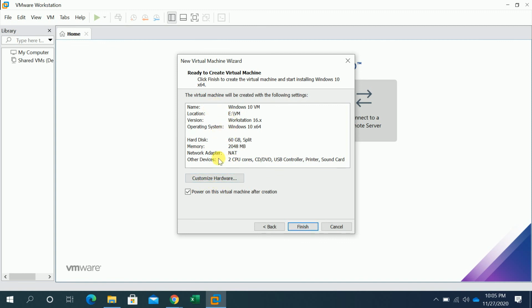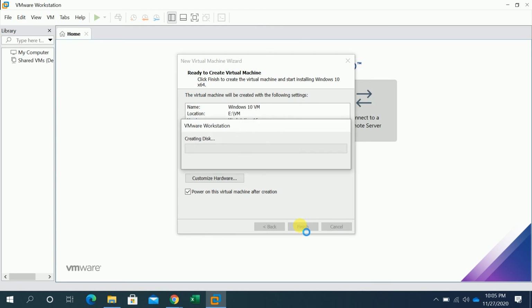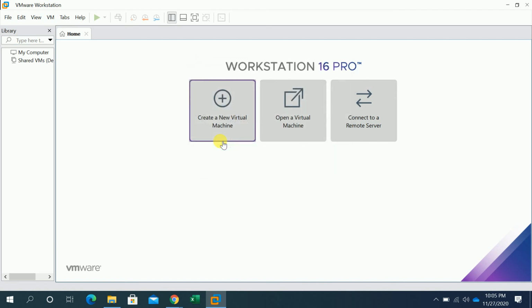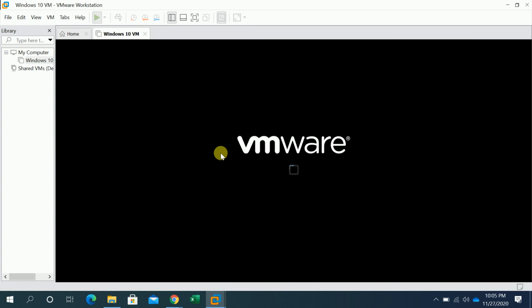It shows the details of the hardware you have assigned to the virtual machine, and the option to power on this virtual machine after creation. It will automatically power on when I click finish. Creating disk. It will automatically power on.